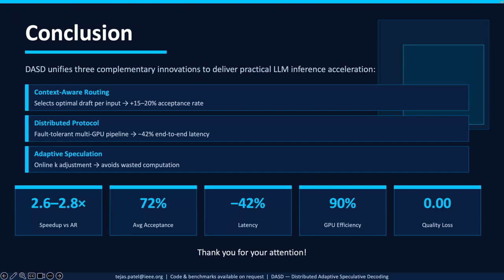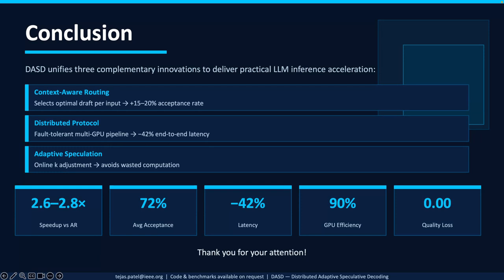So the conclusion: let me close with a brief summary and then key take-home messages. DSD proposes a comprehensive framework for accelerating LLM inference through three synergistic innovations. Context-aware routing dynamically matches each input to its optimal draft model, delivering 15 to 20% higher token acceptance compared to any fixed draft. An asynchronous distributed protocol enables fault-tolerant multi-GPU execution with near linear scaling efficiency and 42% end-to-end latency reduction. Adaptive speculation length continuously optimizes K based on real-time acceptance statistics, preventing both under-speculation and